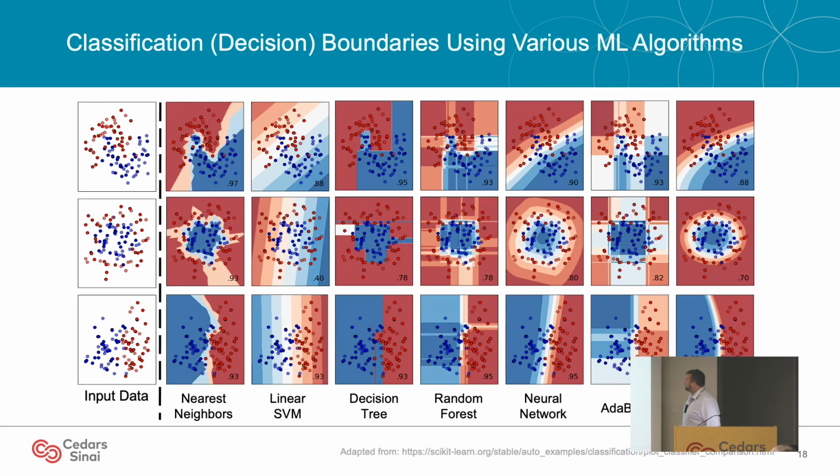All right, and for this last slide in the introduction, I just want to illustrate how different algorithms try and tackle different problems. Over here on the left, we have 3 data sets that are classification problems, where we're trying to separate out blue from red circles. I don't know if you can see this terribly well in the colors, but here we have basically a linear separator that you can roughly see. There's a line that would best separate these. Here we have a circle inside a circle, and here is kind of a yin-yang pattern.